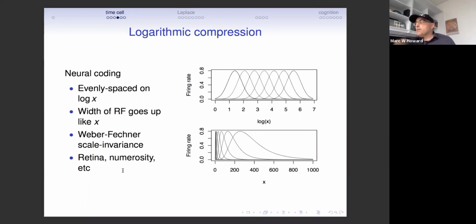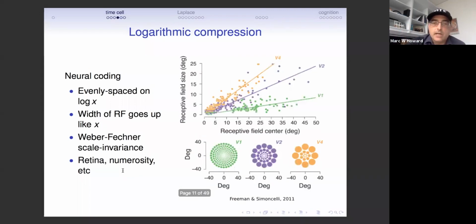And we believe that this phenomenon, this logarithmic compression, supports, at least in some circumstances, the Weber-Fechner law, which is a very, very old result from psychology, and holds for nonverbal numerosity as well as vision. And we proposed that this same sort of compression ought to hold for time as well. Okay, so we're going to try and evaluate that.